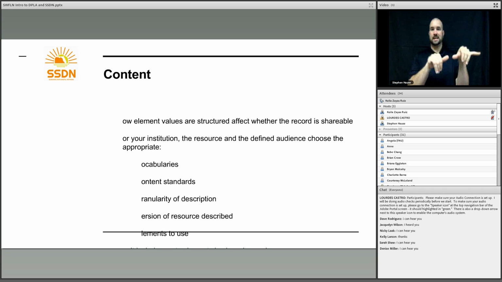So when it comes to content in your metadata records, this literally means what actually goes into the fields, how they're structured, what vocabularies you're using, and the granularity of your description. So you have to think about how elements and values are structured, and how those affect whether the record is shareable. For your institution, the resource and the defined audience should be appropriate. So you should be choosing appropriate vocabularies, content standards, appropriate granularity, a version of the resource as it's described, and select